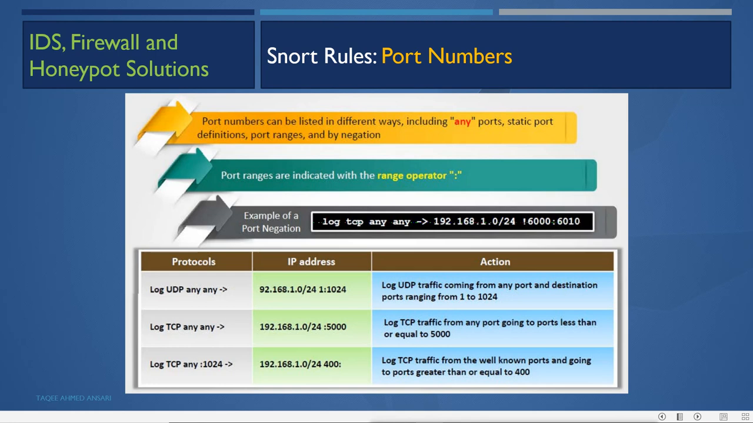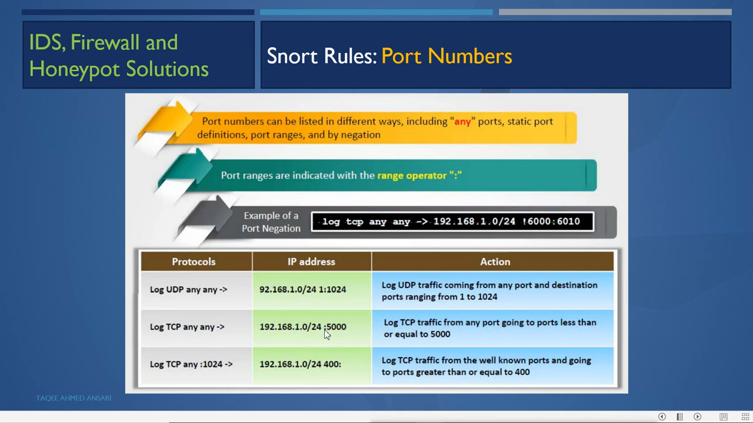Now one more thing you can see here: log UDP any to this IP address, and the range of the port number it is saying here is 1 to 1024. What it does here is log the UDP traffic coming from any port with destination port ranging from 1 to 1024. For example, log TCP any to this network with :5000,